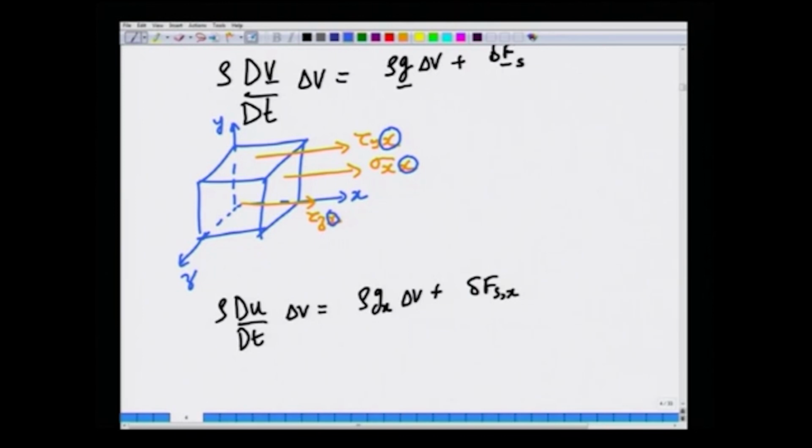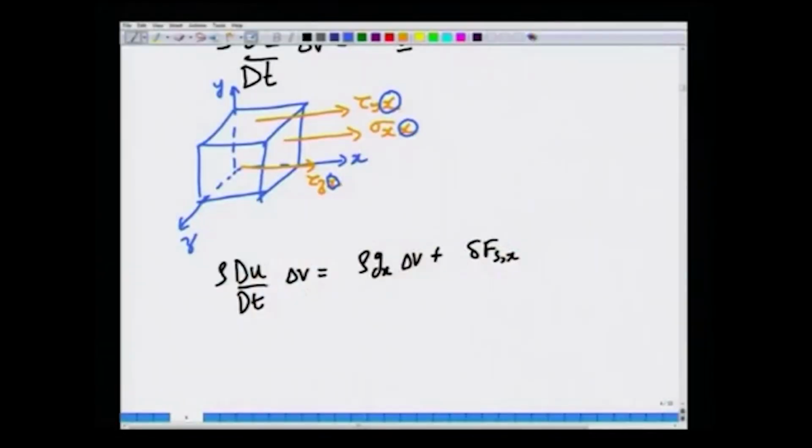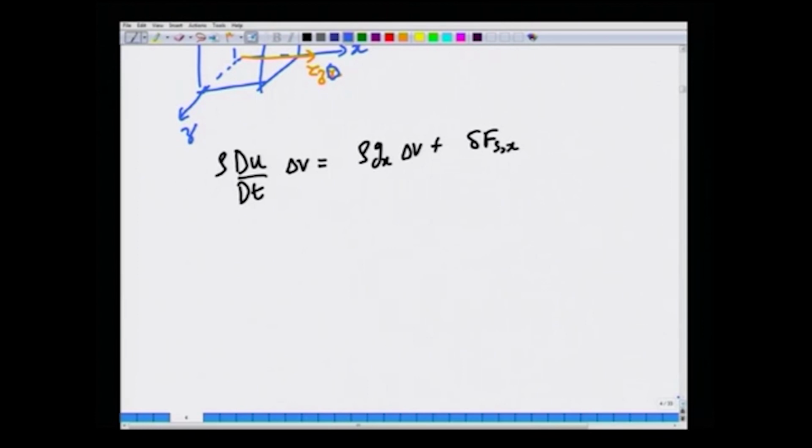So, all these are pointing in the x direction. But there are not just three faces, there are also these opposite three faces, for which the unit normal is in the opposite direction. We have to consider those forces as well, and then use the Taylor series expansion for tau at x plus delta x in terms of tau at x to arrive at this simplified relation. We finally ended up with this equation,